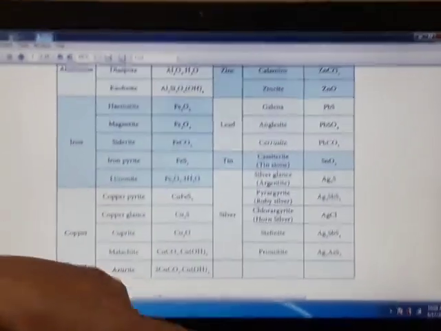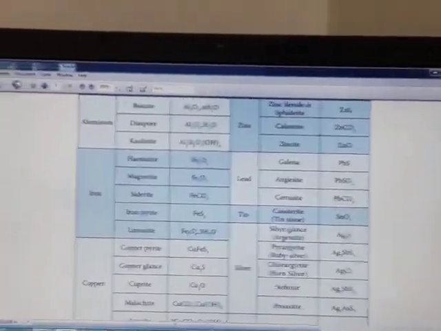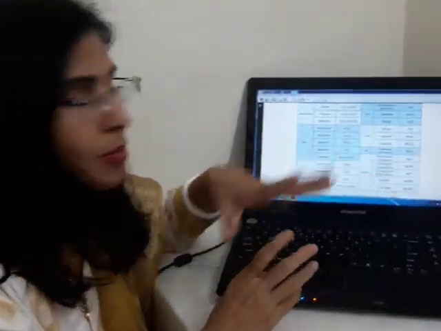Now at this place I would like to tell you, out of all these elements, a few elements are found in the native state in nature, whereas others are found in the combined state. What is meant by native state and combined state? Combined simply means it will be found in the form of some compounds, fine. But then what is meant by saying that the element is found in the native state? Native state means it will not be in the form of a compound, right? We shall discuss the elements which are found in the native state later.